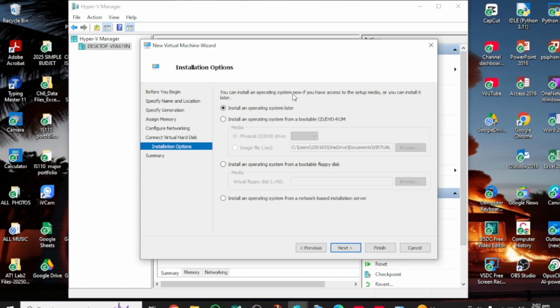You can install an operating system now if you have access to the setup media, or you can install it later. Install an operating system later? No. Install an operating system from a bootable image? Yes, we want to choose that one. So we are going to select our media here, which is a physical CD or DVD drive,